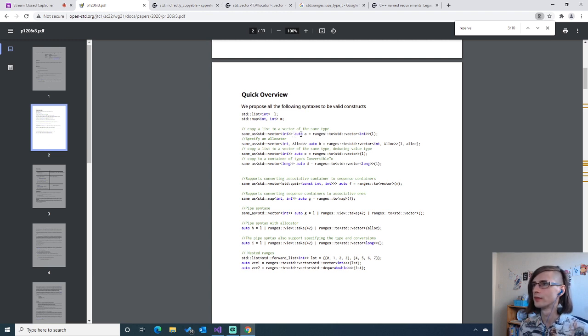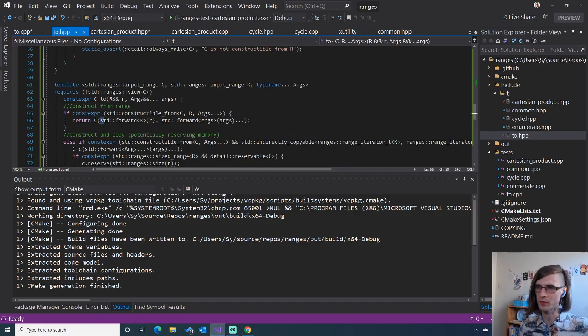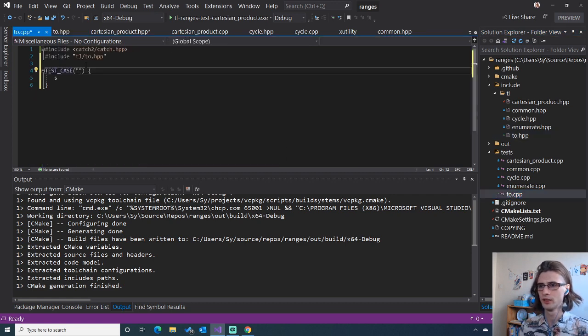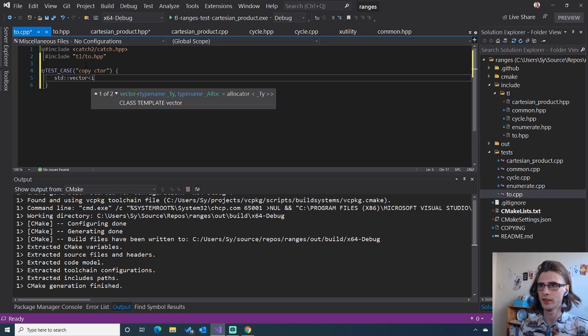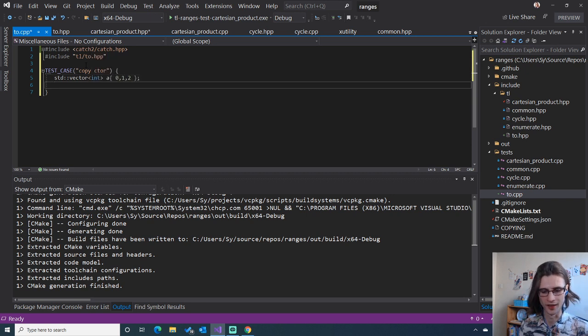Oh, could do a vector to the vector of the same type. I'm not sure what types will actually call this constructor. Like this would work for the copy constructor. If I just copy a std vector to a std vector, then that should get called. So I'll just have a std vector of ints, and I will say that